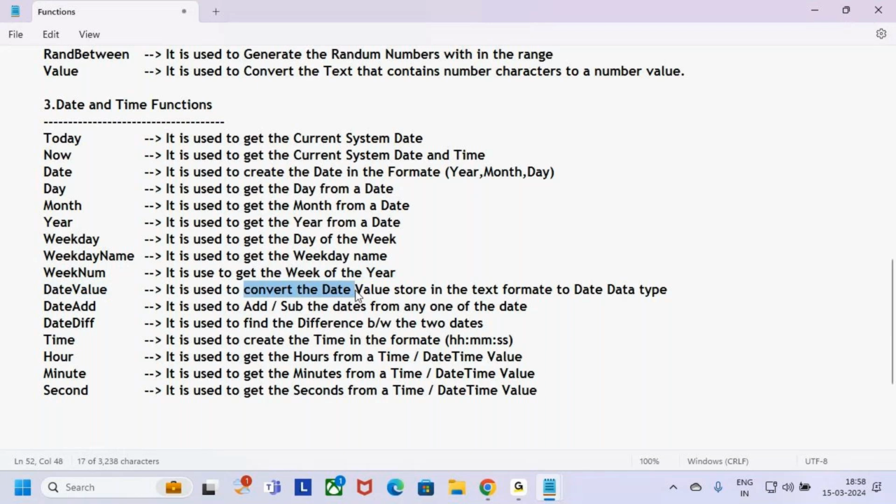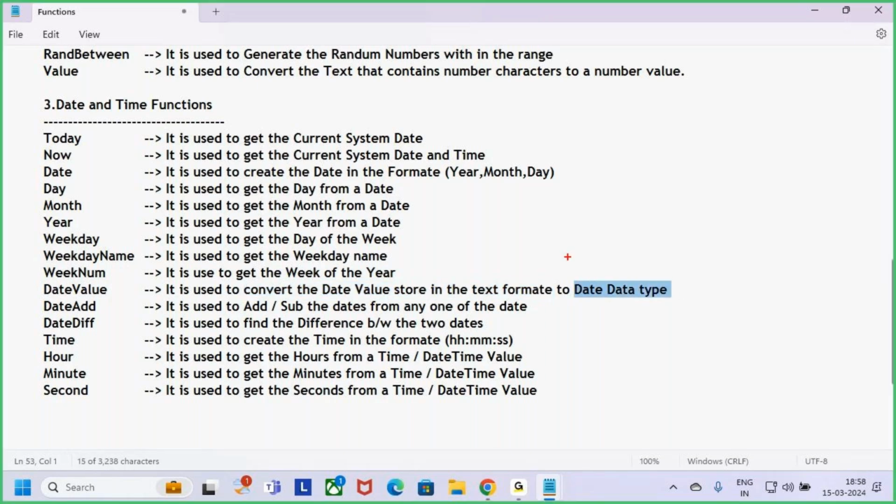It is used to convert the date value stored in the text format to a date data type. Let's say if there is a date stored in the text format, let's say today's date is 15th March 2024. It is in the text format. I want to convert it into which format? Date format. So date format is 15/03/2024. Whenever there is a date in the text format and you want to convert it into the date format,